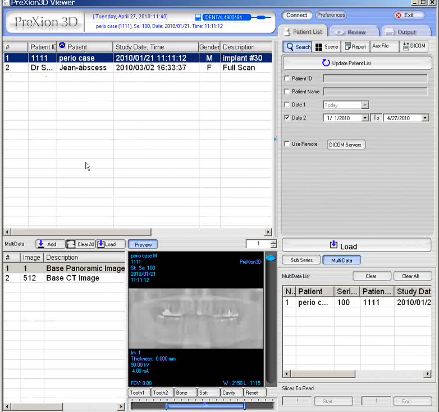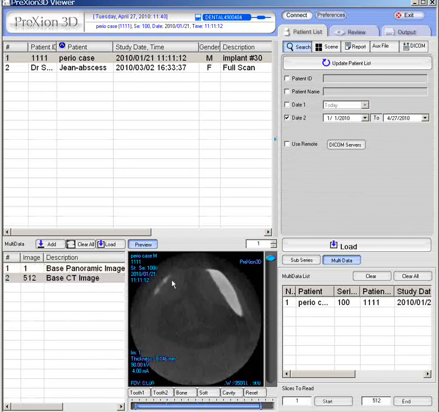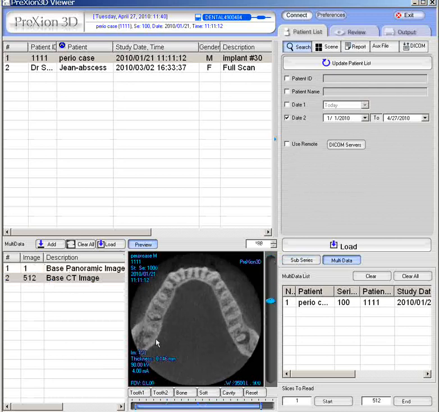Now, from the patient list page, you're going to look on the bottom. Once you've got the name selected, it's going to be highlighted, and this is called a series list down here. In this series list, you have a description, and it should say base panoramic image for image number 1, but most likely it's going to default to the base 512, which is going to be here in the preview window. And if you want to look, these 512 slices, as indicated with this number here, 1 through 512,